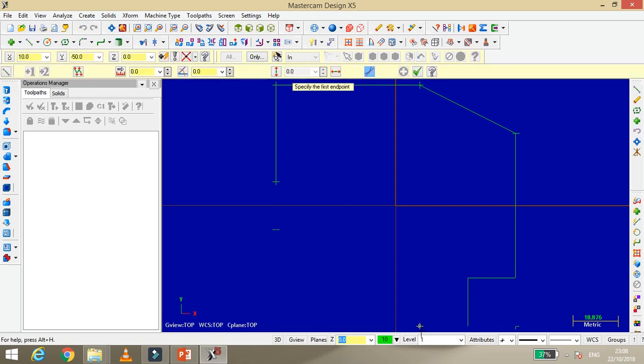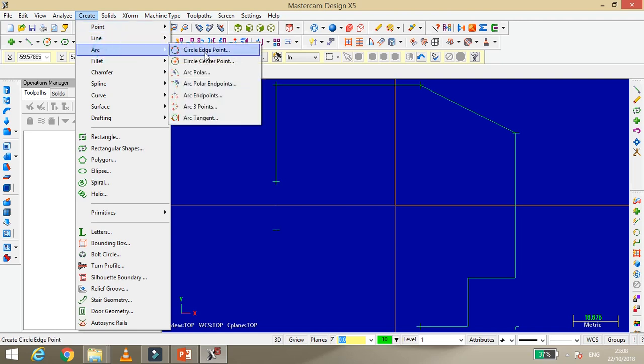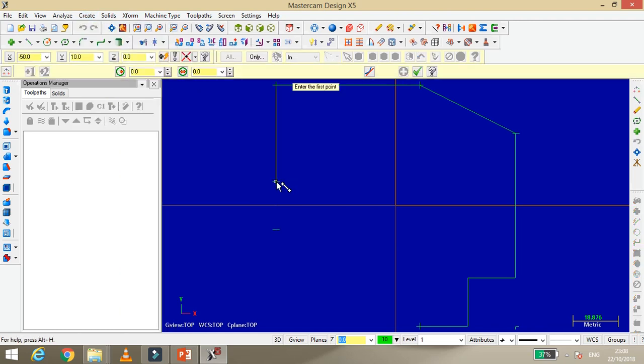Then take one line and draw it. Now about 50% of the object is created. Take an arc with points. Be careful about that: your whole chain must be closed. If it does not get closed, it creates some problems during operation. So it must be closed.